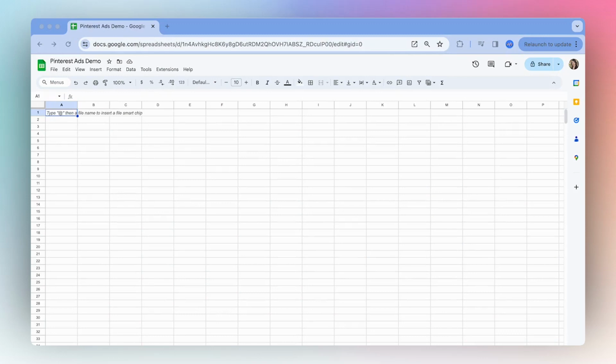Today I'm going to show you how to get live Pinterest ads data directly into your spreadsheet using Coefficient. So once you've installed, head up here and launch the extension,